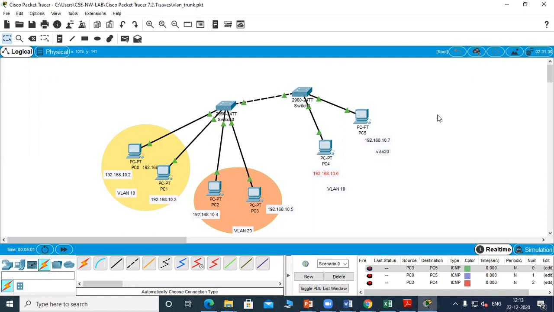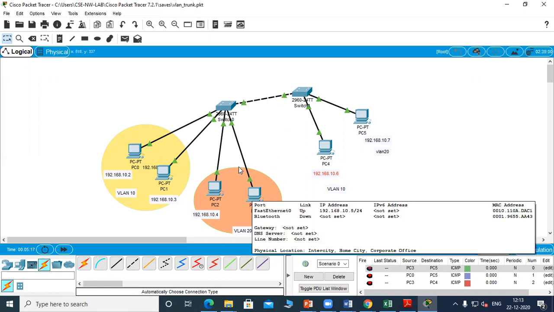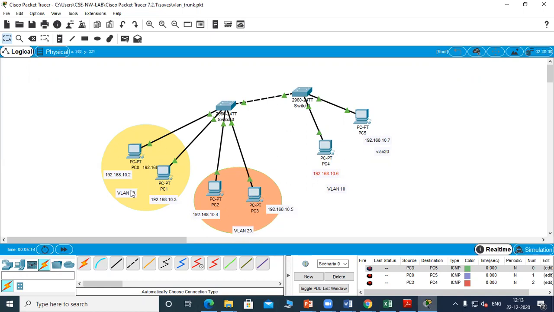In this session, we'll see the third part of the VLAN. So far, we have seen the VLAN connection, how two different VLANs can be created in the same LAN through the access links. So the link that is connecting to the PCs is called an access link. You can see that there are two VLANs created, and based on this VLAN, the packets are separately forwarded by the switches.